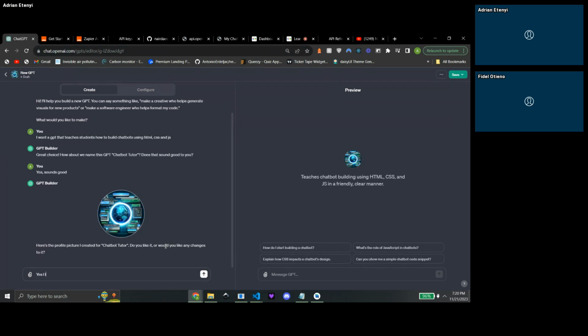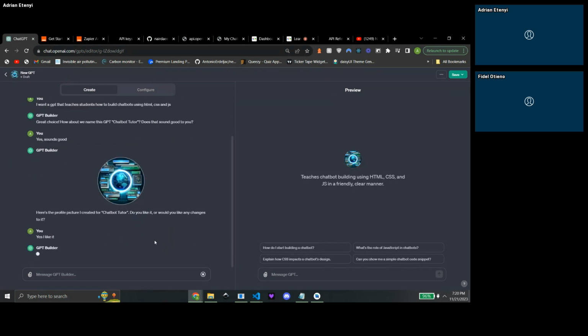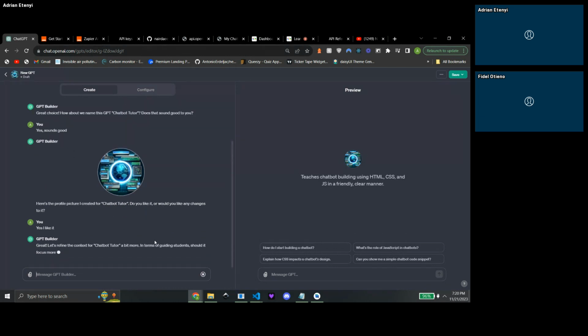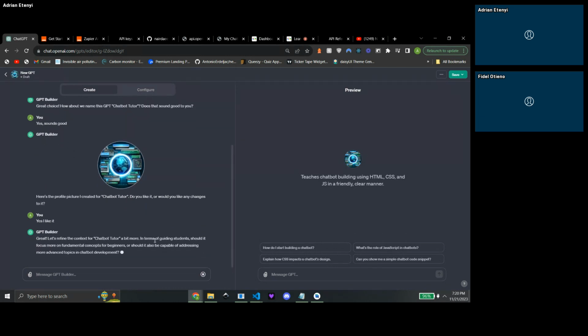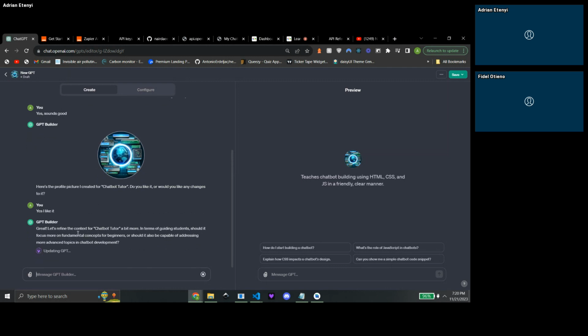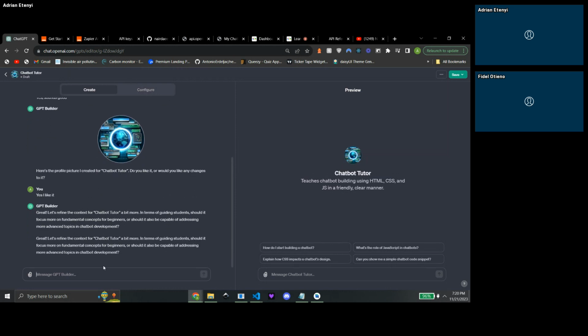Yes, I like it. Now you see, this is very conversational. It's not technical at all. You don't need to know how to code or anything like that. But now you have a custom GPT that's able to build a chatbot. So now we want to specify the instructions that it's supposed to follow. I want it to adhere to the code that we had and that kind of format. So what I'll do is, using the files that I'll give you,